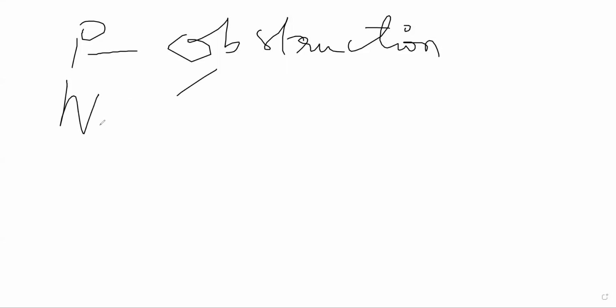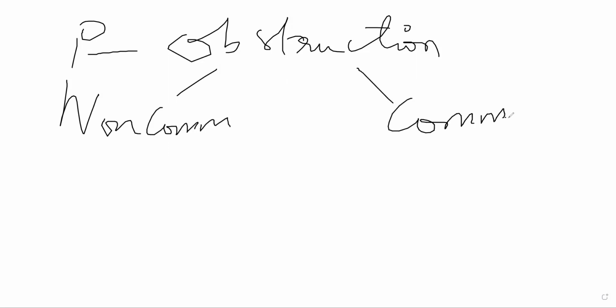There is non-communicating and communicating. I hope you guys have read neuroanatomy and neurophysiology. Now, coming to non-communicating hydrocephalus, this is a blockage or obstruction occurring near your third ventricle. Essentially, at the third ventricle, or at the exit foramina into the fourth ventricle, there is an obstruction, because of which the ventricles will not be able to communicate with each other. CSF is not able to flow from the third ventricle into the fourth ventricle.